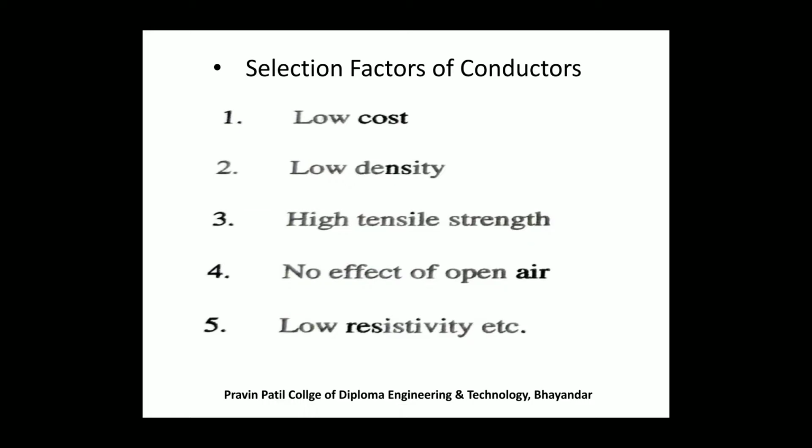In the previous video, we started unit number 5 of the subject Electrical Power Transmission and Distribution. The title of unit number 5 is components of transmission and distribution line. In the previous video, we already started the introduction of unit number 5, then the material which is used in transmission and distribution line, then the properties of the conductor material.